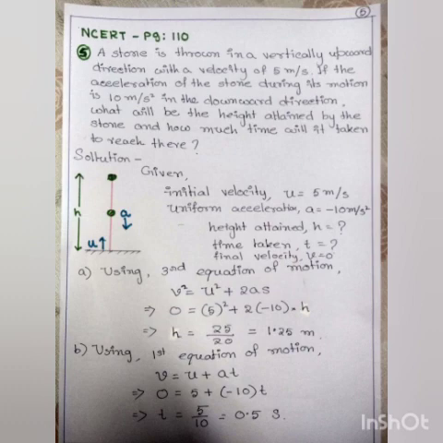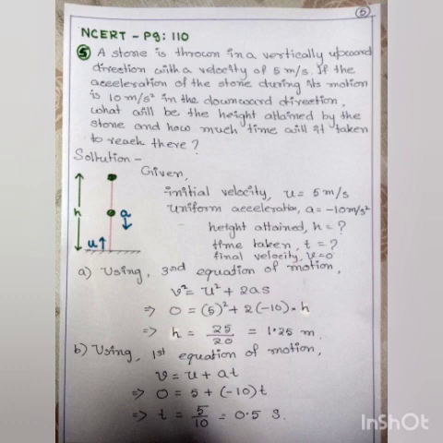Okay, and u is given here 5, so 0 equals to 5 square plus 2 into a, that is minus 10, into h. Okay, this displacement you can substitute with h. Here height we are considering, same thing you can write s also. Now I am using the term h, as we are measuring the height. Therefore just calculate all the terms. Height will be 1.25 meter. Clear? Now next we have to calculate the time taken by the stone to achieve this height.